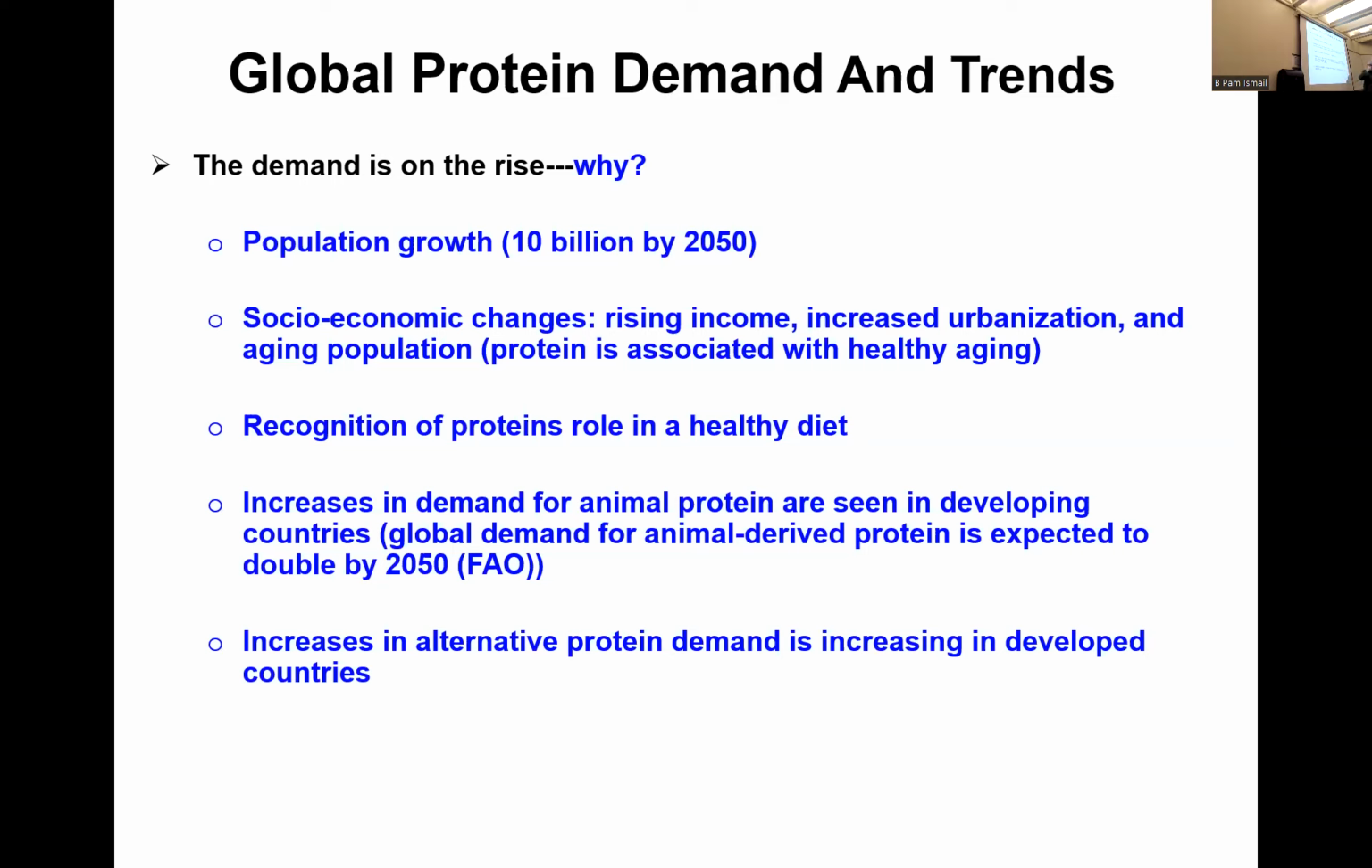So linking proteins to physiological health, like antioxidant, anti-inflammatory, and for dieting purposes, high protein compared to high carbohydrate is better for losing weight. So people are starting to recognize the protein's role in general, as animal or plant-based. So the health. And then in developing countries, we have an increase specifically in animal-derived protein consumption. In the developed world, such as here in Europe, we are looking at alternative protein for many reasons,